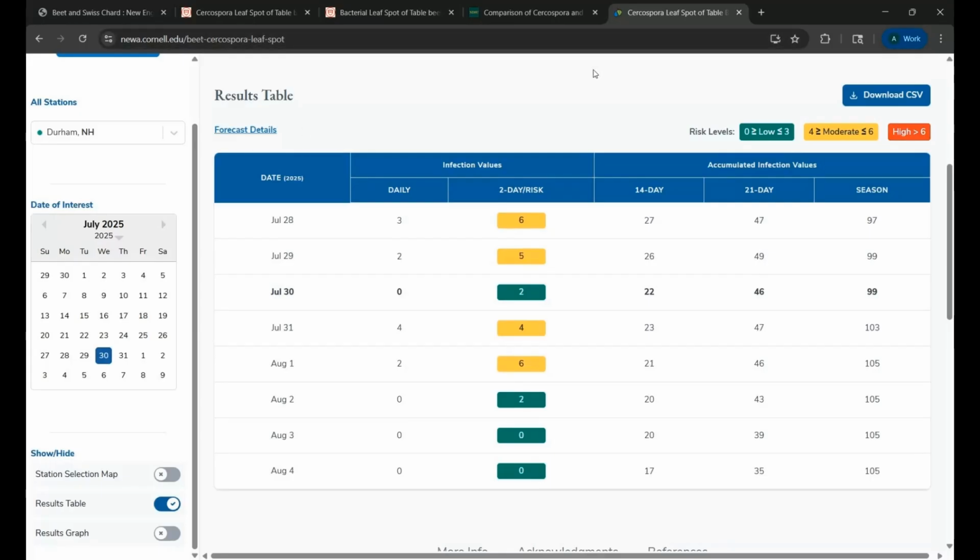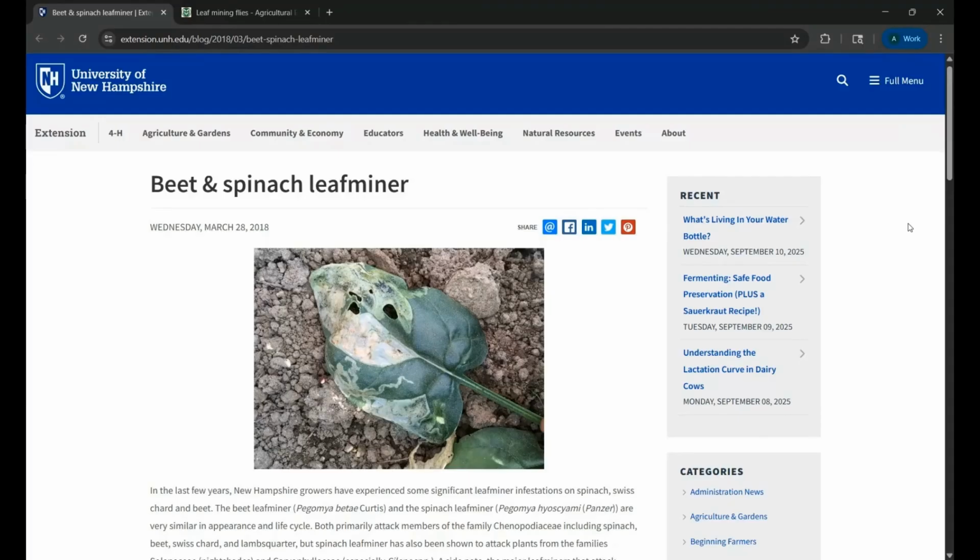And this is usually a choice that commercial growers make. If they have a history of infection, they're not going out and spraying just for no reason. They're saying, I have had it with this Cercospora that's been building up in my soil. I've done everything I can to reduce the inoculum. I'm going to spray preventative fungicides, and I'm going to use this tool to decide when to do it. So thank you very much for that model. That's cool. All right, another thing that you might see on your beet leaves or spinach or chard leaves is